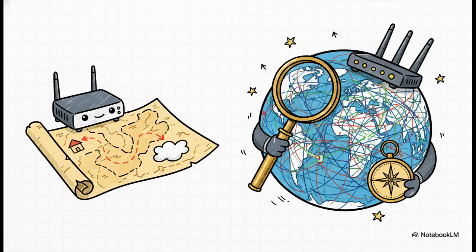A routing table is basically an internal directory, like a dynamic map, used to calculate the absolute optimal path to an external destination. Now, for a standard home router, this map is relatively simple. It basically just says, send all non-local traffic out to the internet service provider. But as your data travels further out into the web, it hits these massive, city-sized enterprise routers. And these backbone routers use highly complex routing tables to map out the entire globe, charting optimal paths across hundreds